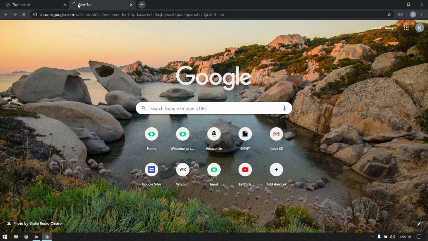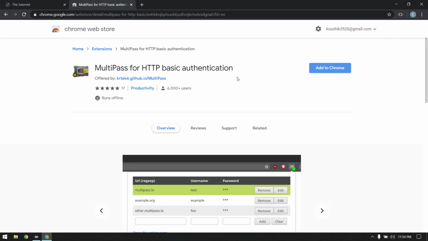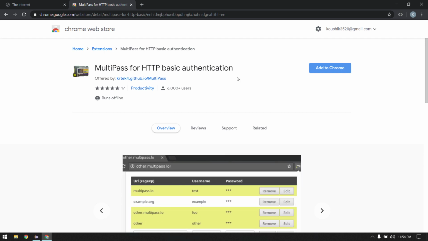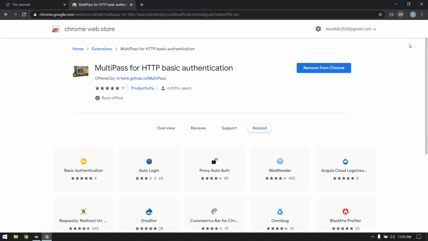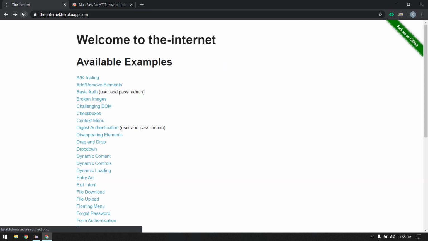Okay, so first we have to download the Chrome extension. That is going to be this one, Multipass for HTTP basic authentication. I'm just going to click on this Add to Chrome and then click on Add extension, right? So that's it. Now if I go back and refresh,